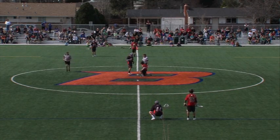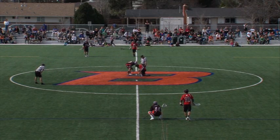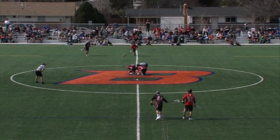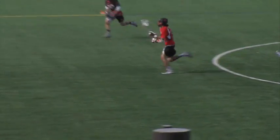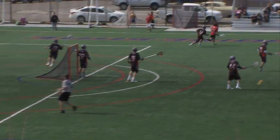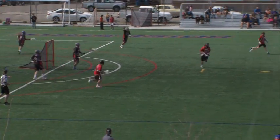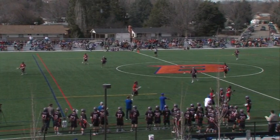And here we go, setting up for yet another face-off. Boise State trying to gain possession. Utah gains it, pushes right up towards the middle of the field, towards the goal, trying to find a man, can't quite do it, so he peels off. Going to the far side, and now he's going to swing it back around to the middle. He's going to try and shoot and not get it. And that's going to be the goalie for Boise State with the ball, passing it. And that is going to be